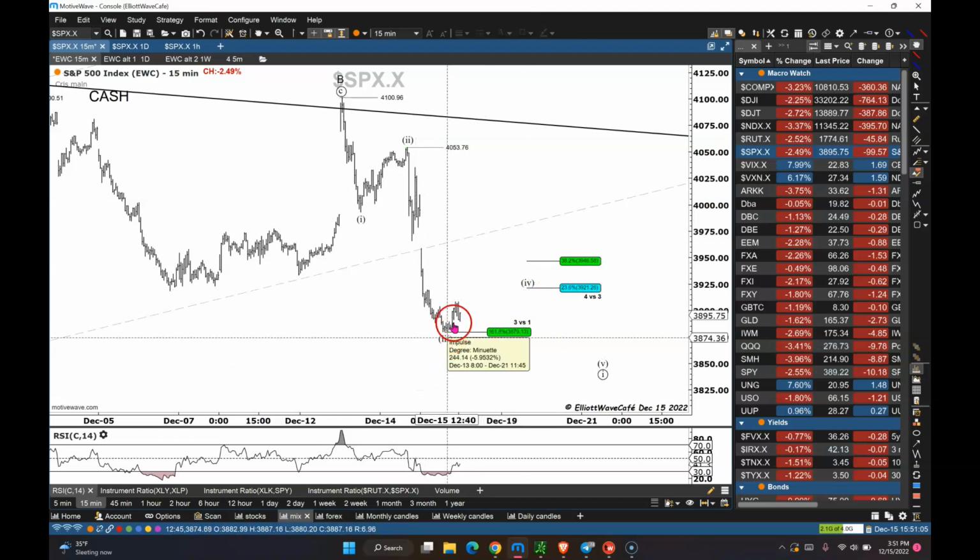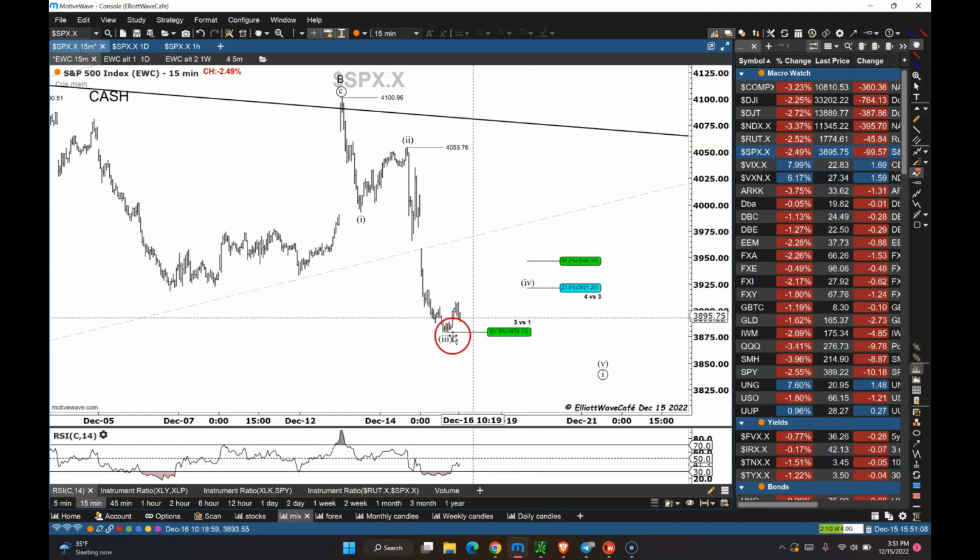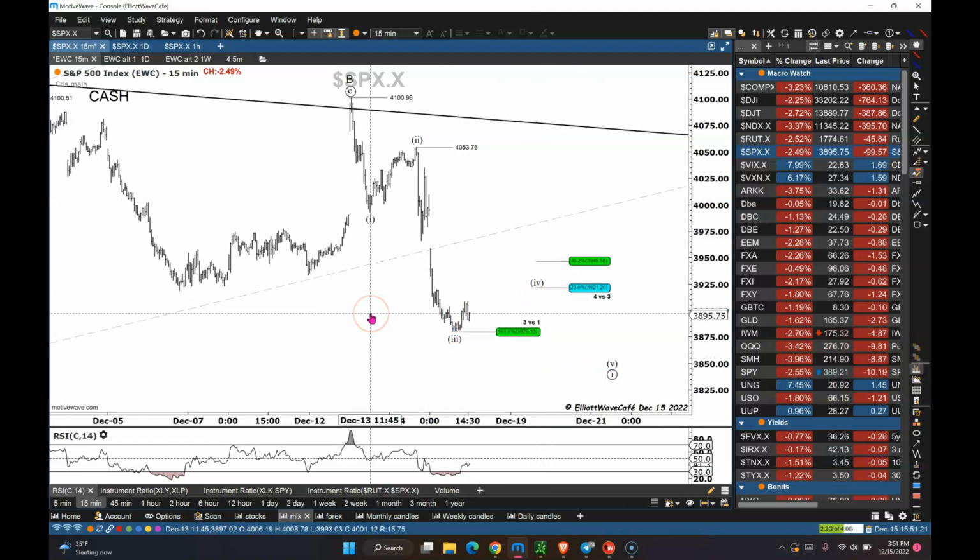So here we are probably overnight and into tomorrow, depending on how we move. We might do a little bit of a rally, and that could take maybe several hours until this unfolds, and then maybe we drop into tomorrow or into Monday for a new low. So that's what I'm watching on SPX.